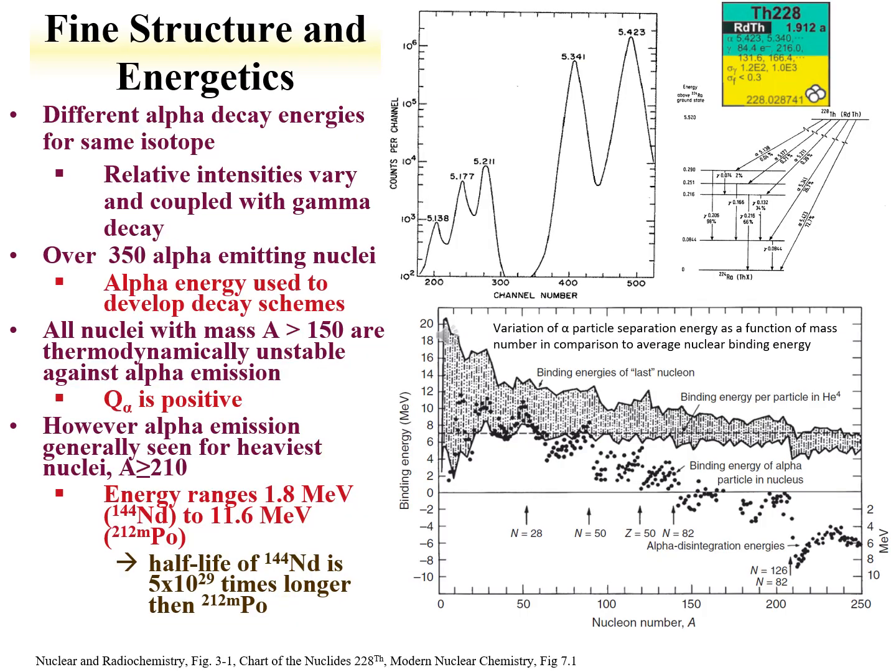And here's an example of that fine structure as we discussed with alpha decay. Here's an example of an alpha decay spectrum for the decay of thorium-228. We see that there's a few different alpha decay energies observed, and I want to point out that this is log counts versus channel number. The channel number is directly correlated with energy. So we see that there is one peak that dominates, but a few peaks that can be observed at relatively